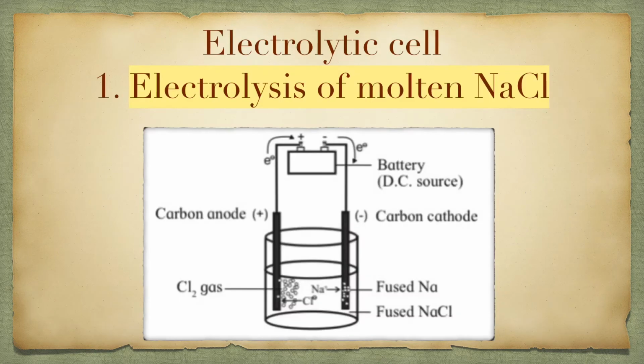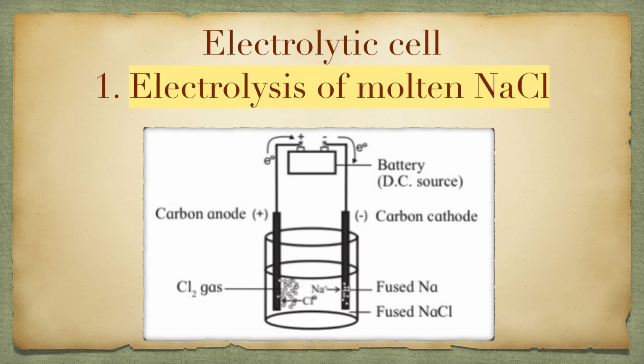Okay. So now we'll see the electrolytic cell. An electrolytic cell consists of a container in which electrolyte is placed. In that, two electrodes are immersed and then connected to a source of direct current. Now, at the anode, a species oxidizes with the removal of electrons, and these electrons pass from the anode to the cathode, where they are given to another species, and that species gets reduced. So this is how it works.